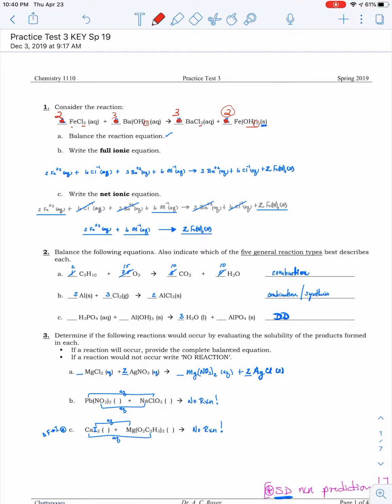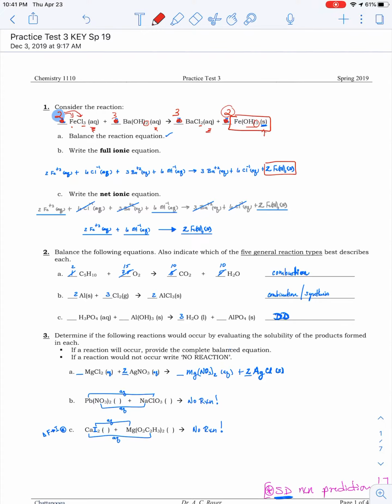Now, the way you decide how you're going to write the full ionic is you look for the AQ right here. So AQ, AQ, and then see how this is a solid. This is the one that stays stuck together. A lot of times I'll go ahead and just put a square on it so I'm not tempted. You'll notice over here, I'm putting a square on that. Everything else you break into its parts. Key thing is that you need to remember that if there's a coefficient, it applies to both of these parts,